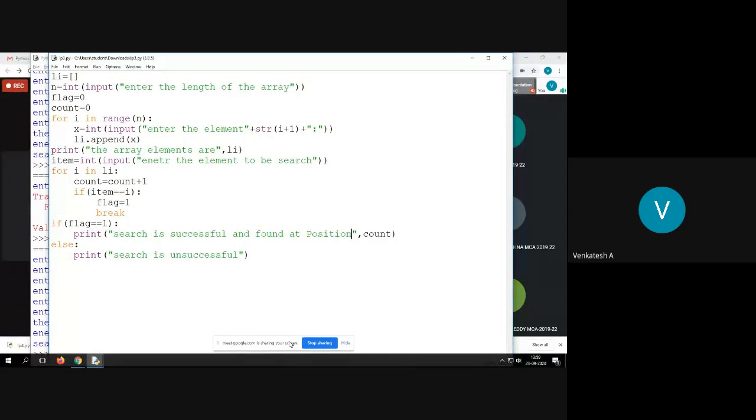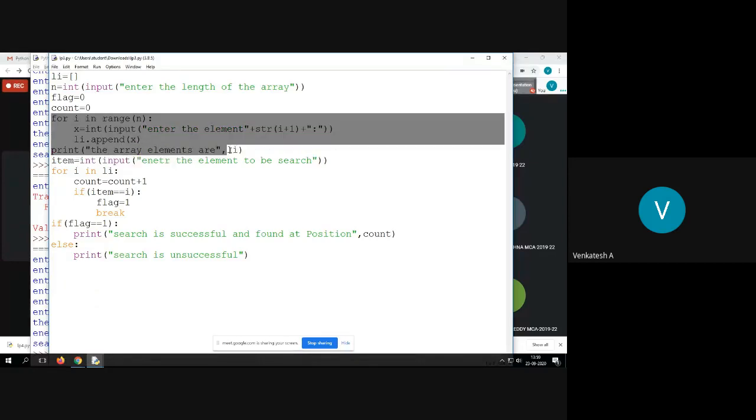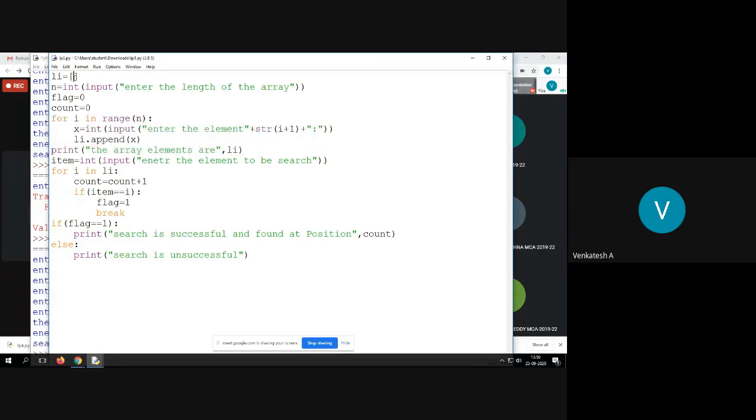So the takeaway from this program is that we learn how to deal with the empty list, and later how to fill it in an iterative manner, that is, by using the for loop. In case you want to initialize, say for example, a list with the size fixed to 5, then to fill it you may have to use a syntax something like this.